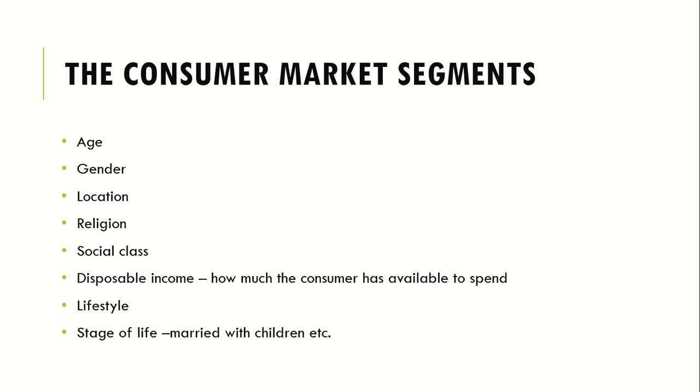It could be lifestyle as well. Recently, we've seen quite an uptake in people's diets changing. Maybe it's vegans, or it could be a case of leading a more active lifestyle, for example, you're more into your health and fitness and all that kind of stuff. And as well as this, it could be about our stage in life. Are we young? Are we middle aged? Are we older? For example, it could be married with children. If you've got a young family, that can really influence some of your buying behaviour. You'll maybe look to buy different things.